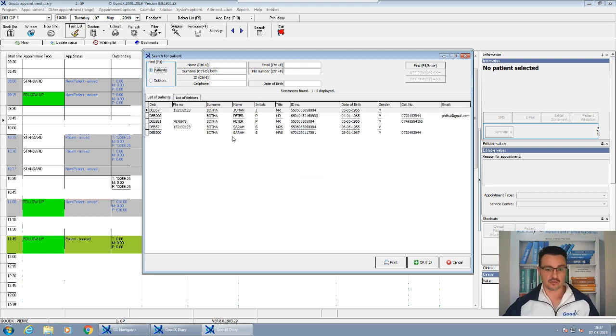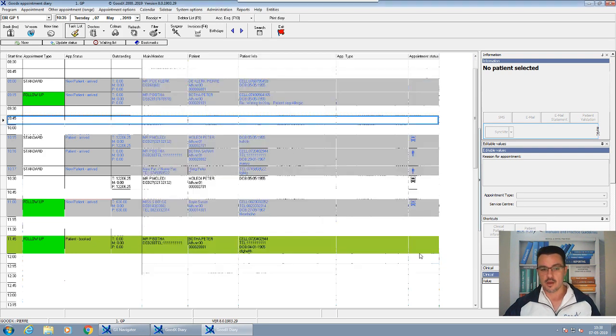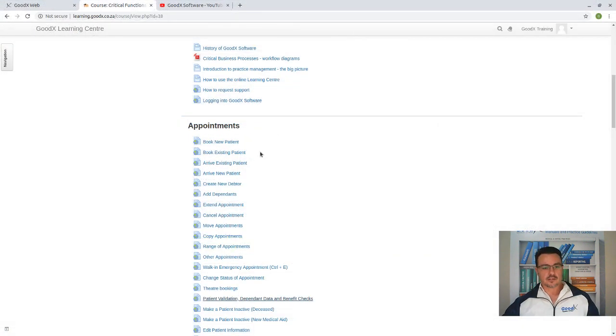It's a very powerful search function. If you're not sure if a patient was here before, please use your advanced search function and see if you can find a patient's file. Okay, so that is bookings and add dependents, and now we're going to look at how I can extend, cancel,